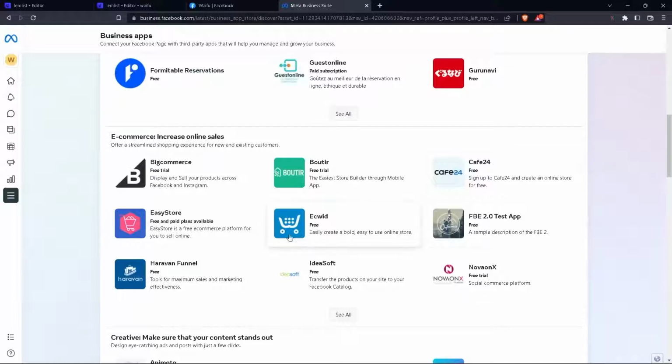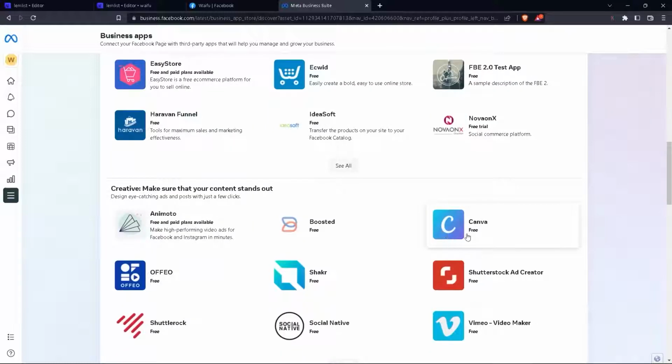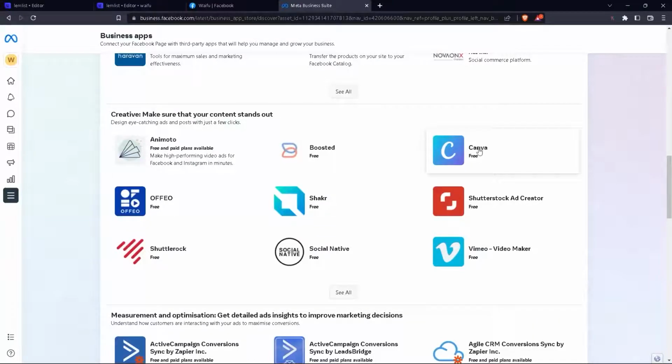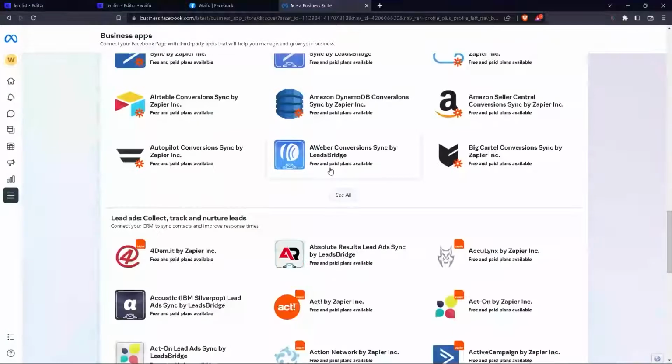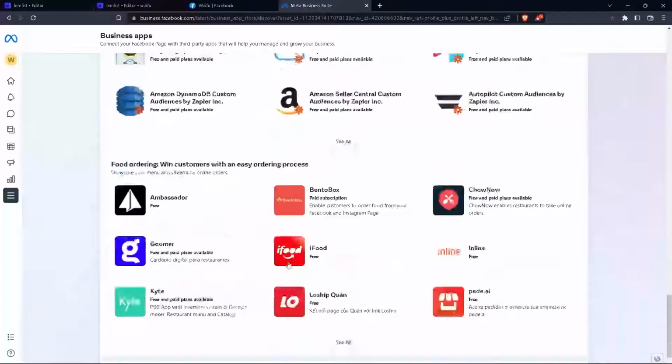Cafe24 and these. And now in creative, we are going to see Canva. Canva is a really great app and most people know how to use it. And Shutterstock was also there, like a Vimeo video editor. So here are the creative apps. You can actually make videos from here, and these apps are free. And measurement, optimization, and so on. You can have Amazon, Central Conversion Sync by Zapier included,